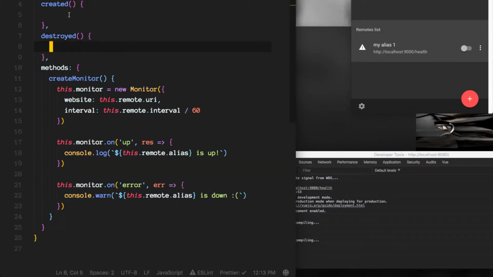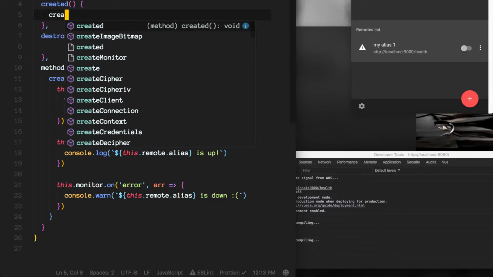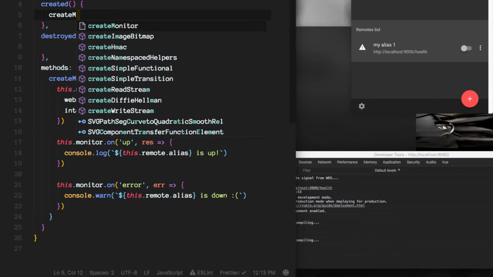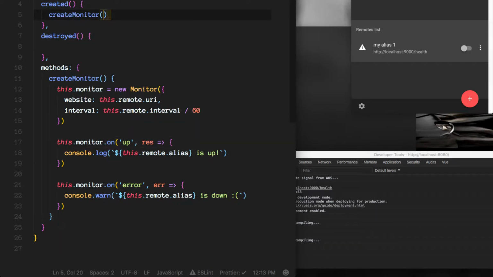and as you probably guessed, what we want to do when the component gets created, we want to create monitor. We want to call that method, and likewise here we want to destroy it. And the way we do that is we want to create another method here, destroy monitor,